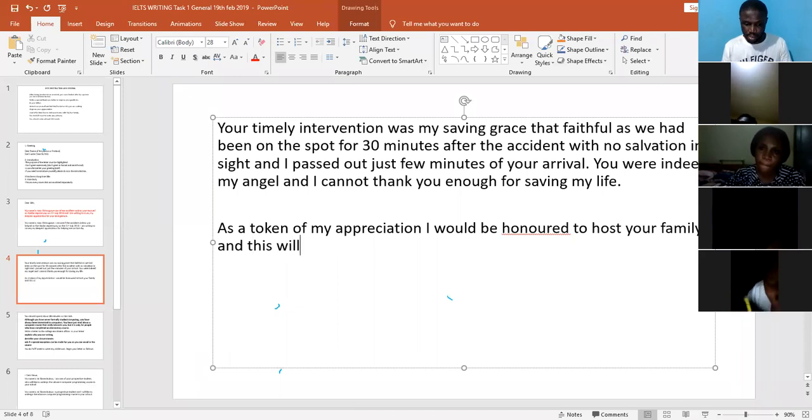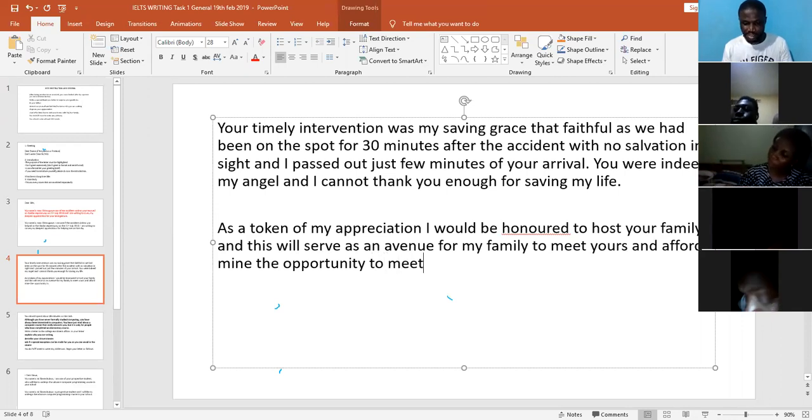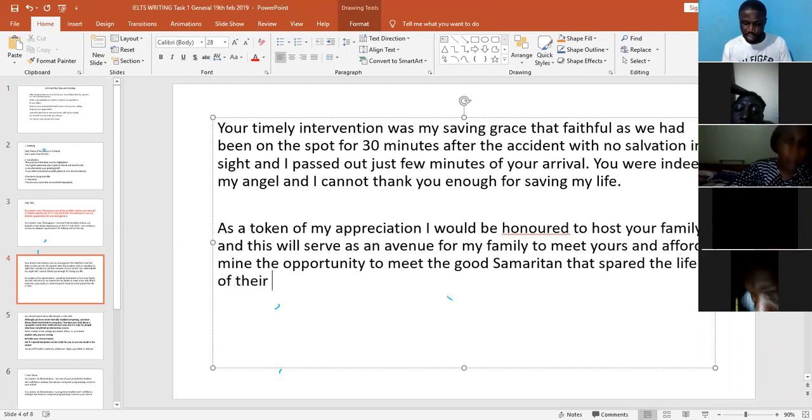this will serve as an avenue for my family to meet yours and afford mine the opportunity to meet the good Samaritan that spared the life of their loved one. Okay, so that is it. The main body, I have written